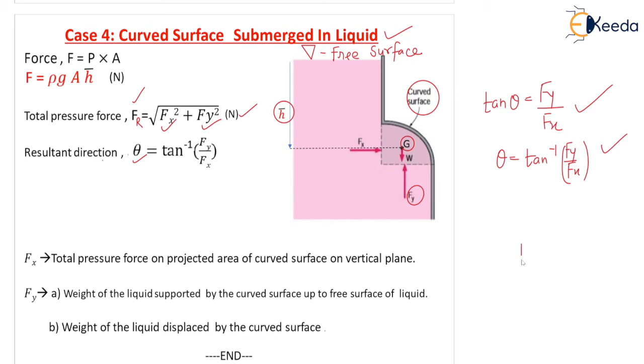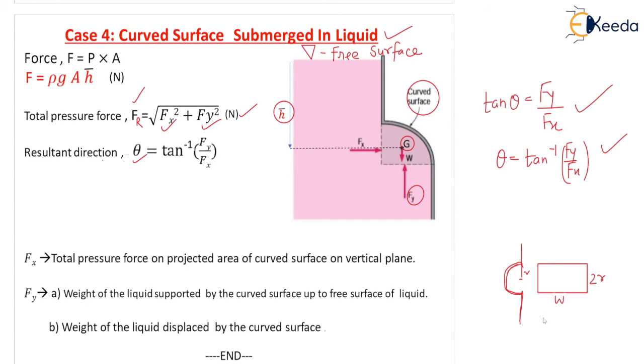Let us say, for example, we have this curved surface in the shape of a semicircle. I have to project this. If you project this curved surface, you will get a rectangle. R is the radius, suppose, then this will be your 2r. Correct? And W is the width, going inside the plane.